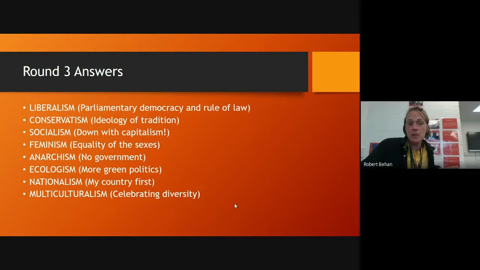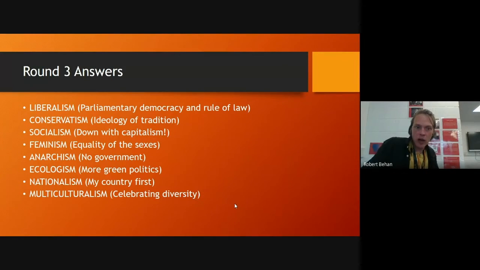Equality of the sexes, feminism. We also look at feminist politics. We look at issues which are facing girls, which are facing women. We also look at why feminism is an issue for boys too, and at how feminist politics help shape our ideas about creating a more equal society, particularly equality of the sexes.